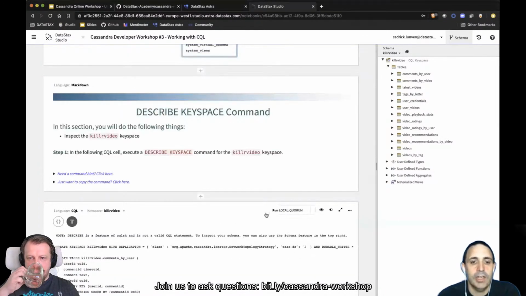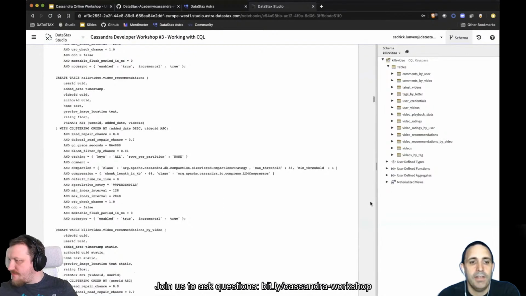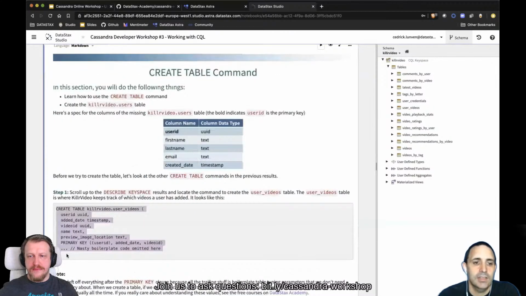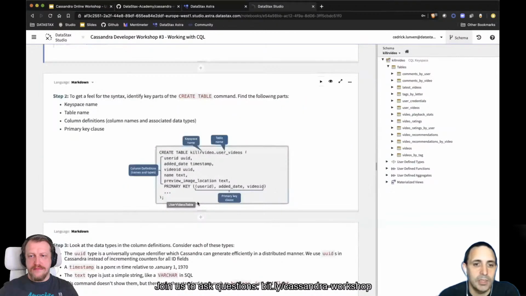Okay, so I've described my keyspace. And okay, this is a command to create a table. So create table like that. So he explained how to do that. And this is exactly the table they want me to create. Investigate the primary key.